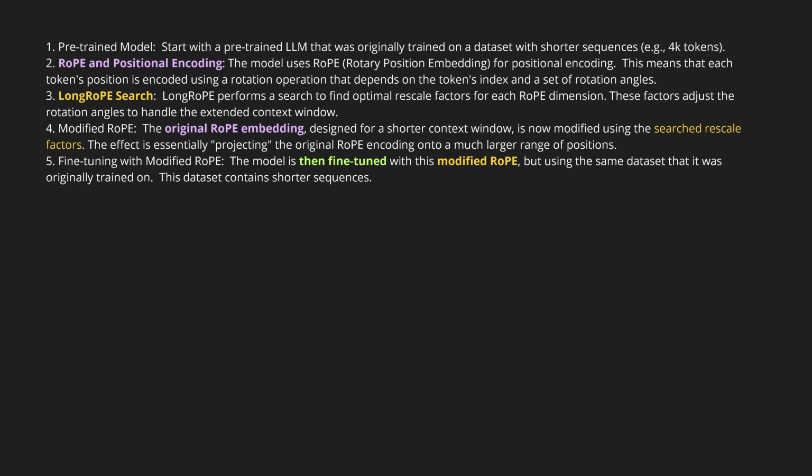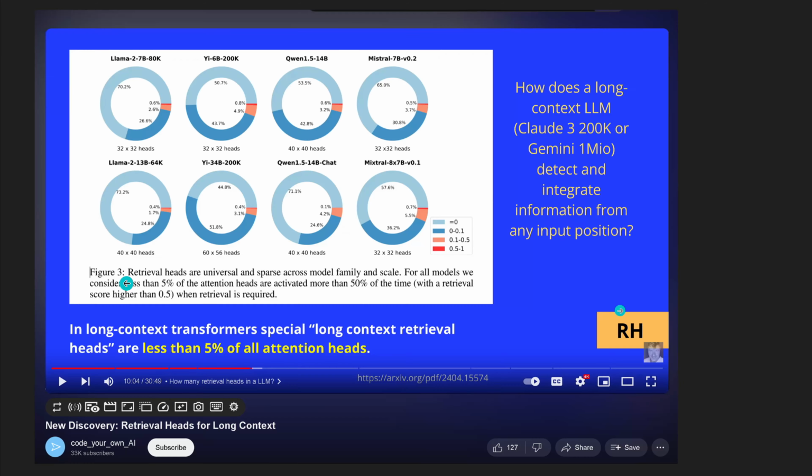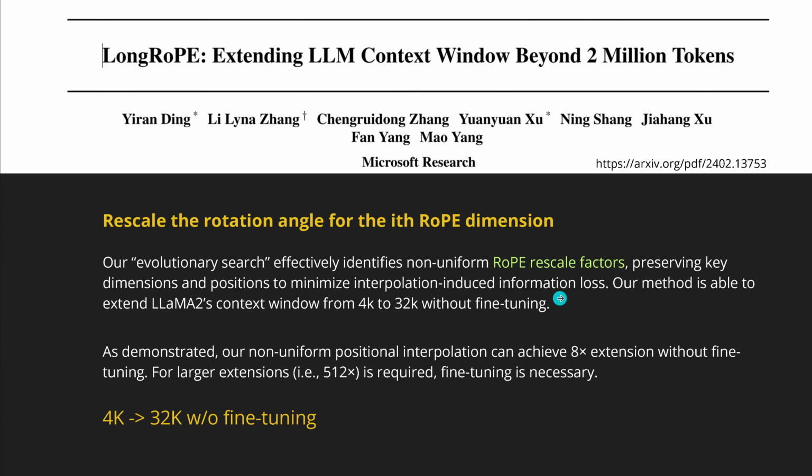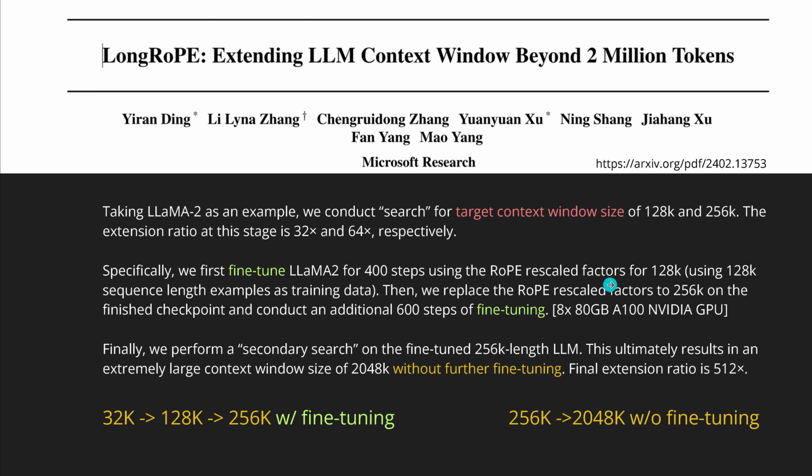Now, if you have an eagle eye, you noticed that I skipped over half a sentence. And this half a sentence is, let's go back, I'll show you. Where is it? When we did here this rescaling of a 128K context length,